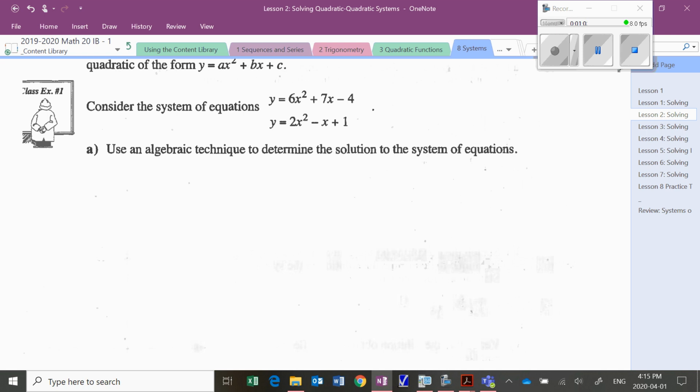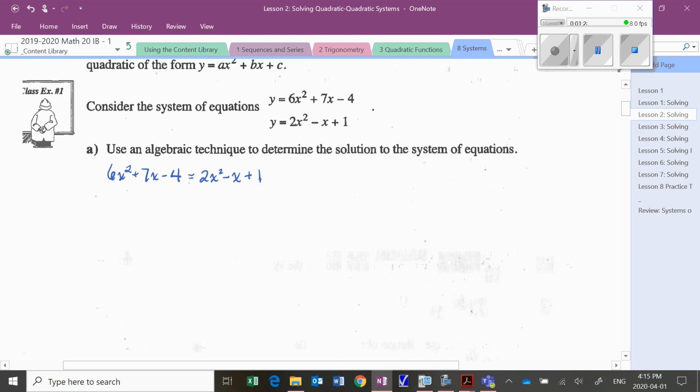In this particular case, substitution works out really nicely because in both cases y is isolated, so you have y equals this, y equals that, and therefore they must equal each other. So we can then say that 6x squared plus 7x minus 4 must equal 2x squared minus x plus 1,